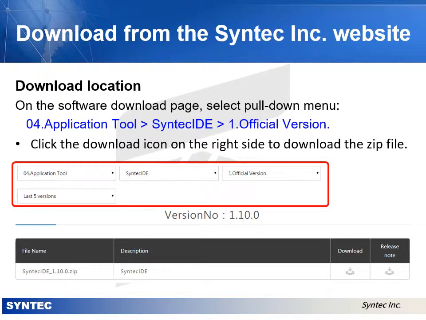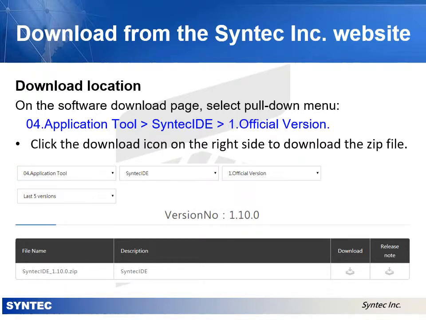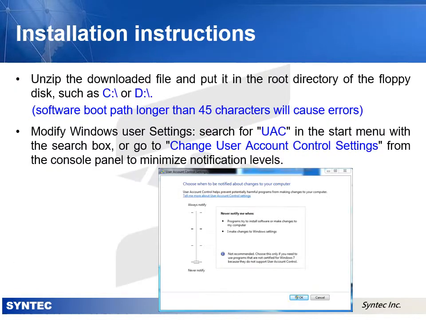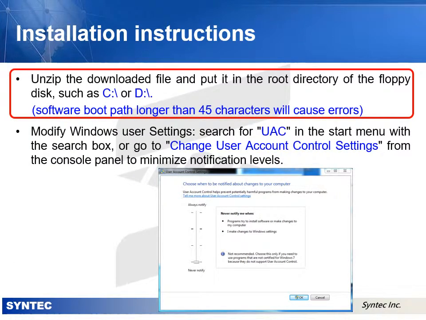Select Official Version. A list of software versions will appear on the screen, along with the download button and the release note. Click the download icon on the right side to download the zip file. Unzip the downloaded file and put it in the root directory of the floppy disk, such as the CRD drive, and